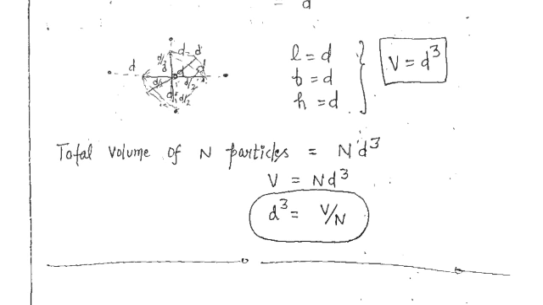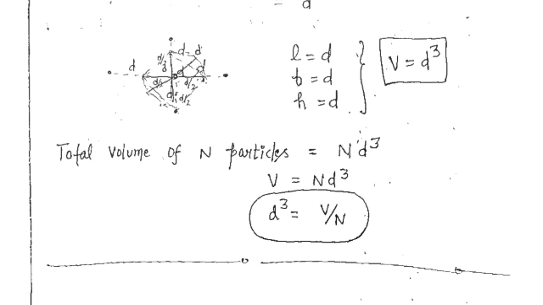Yes, so you need to just write it in your notebook, or just listen carefully. What I am saying is, in the system, or in the container, there are n number of particles. We are not assuming the particles as spherical. Try to understand, we are not assuming the particles as spherical. That is why we had not taken the volume of each particle as 4/3 pi r cube. We didn't take this formula because we are not assuming the particle as spherical.